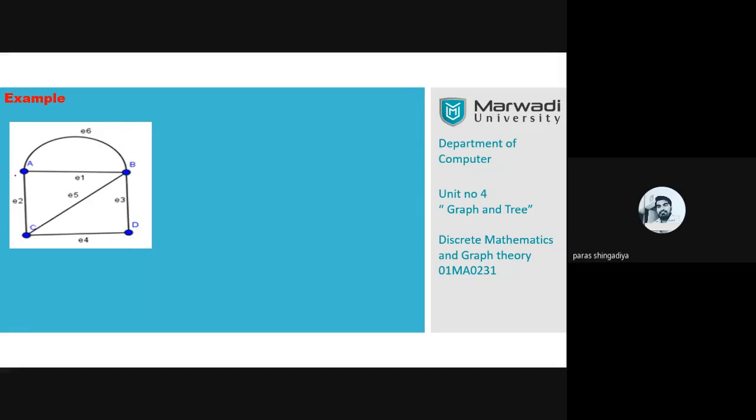So what do you have to check first? Okay, we have to check the degree of all vertices. Degree of A, it is 3. Clear? Degree of A is 3, plus